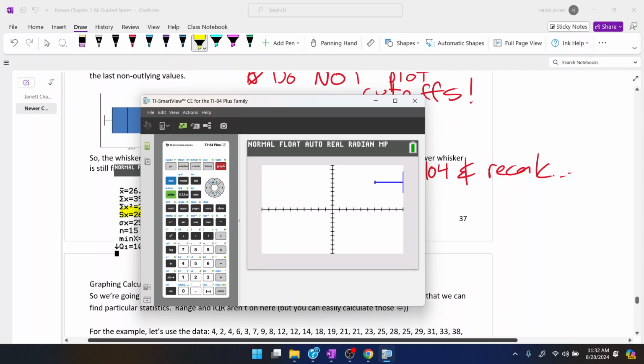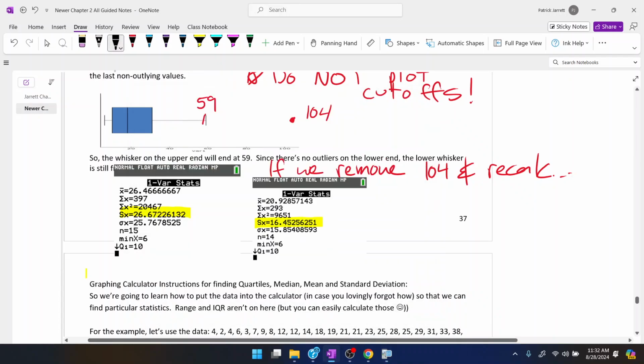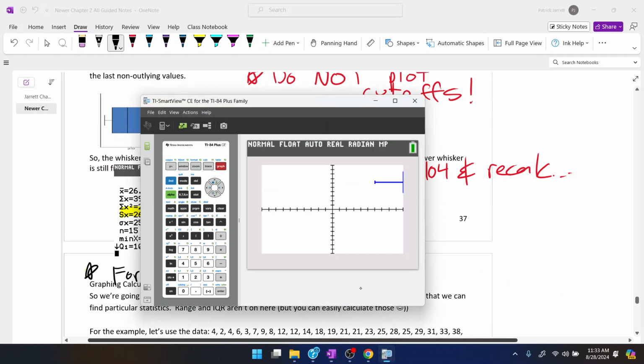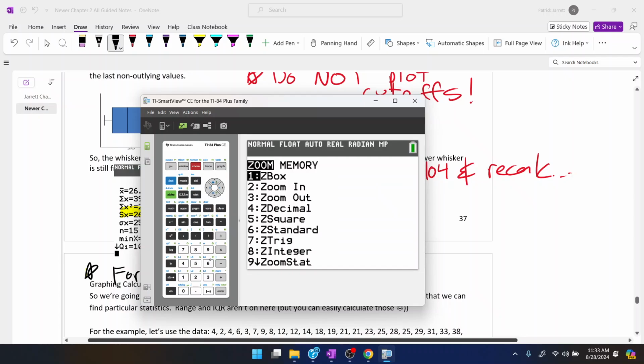So, I'm going to write this down here because, remember, for histograms, you had to putz around with your window values. In this case, we don't have to. For box and whisker plots on the calculator, hit zoom, then the number 9. If you hit zoom and 9,